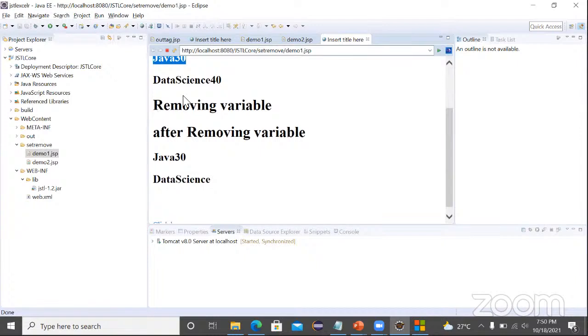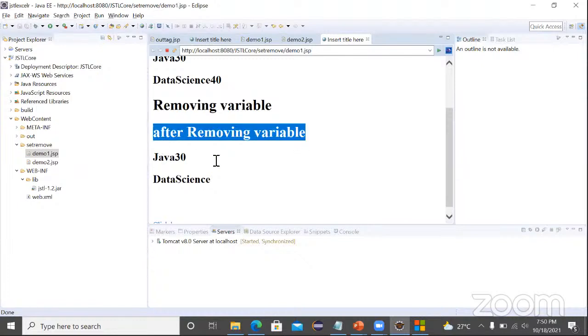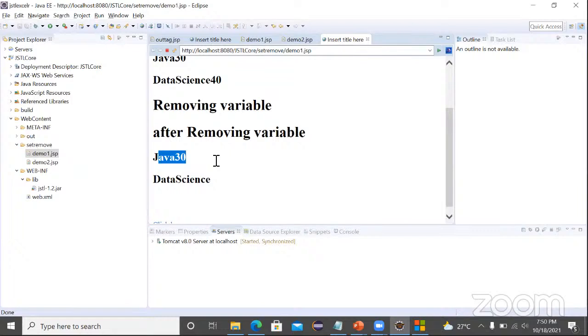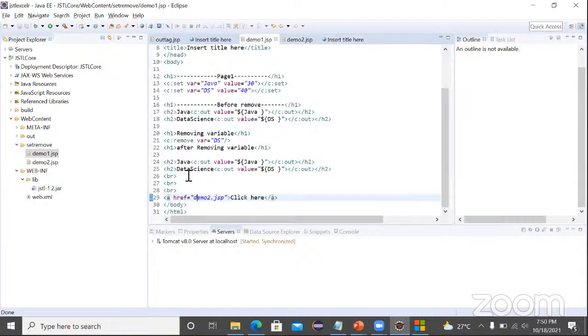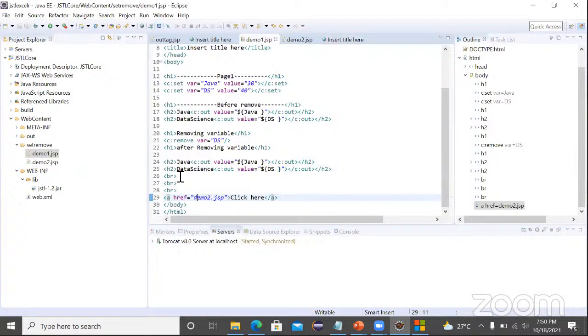Right, so it says removing variable. Actually I've not printed the removed variable. Okay, so after removing, what are all the variables we have? You can see here we are able to get the data as data science in demo 1, because here I have written it, but not the value right now. So if needed,